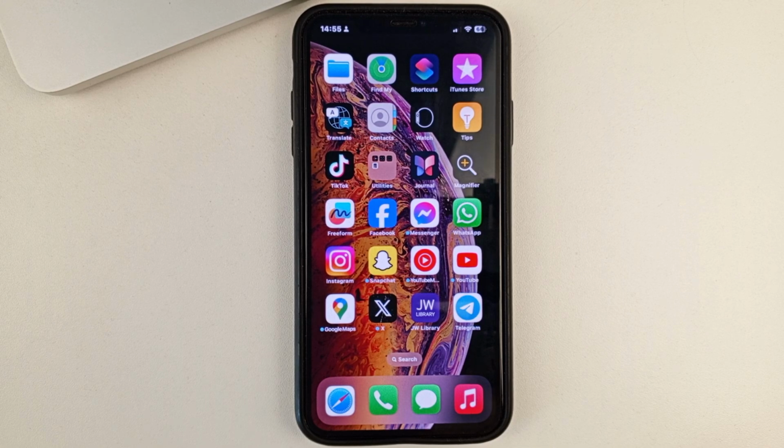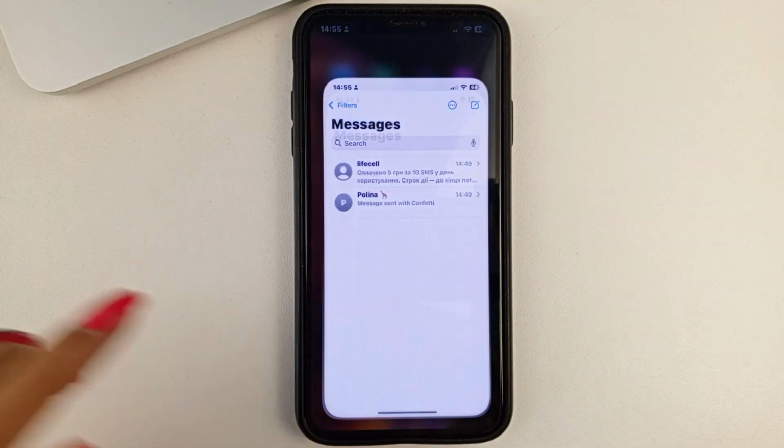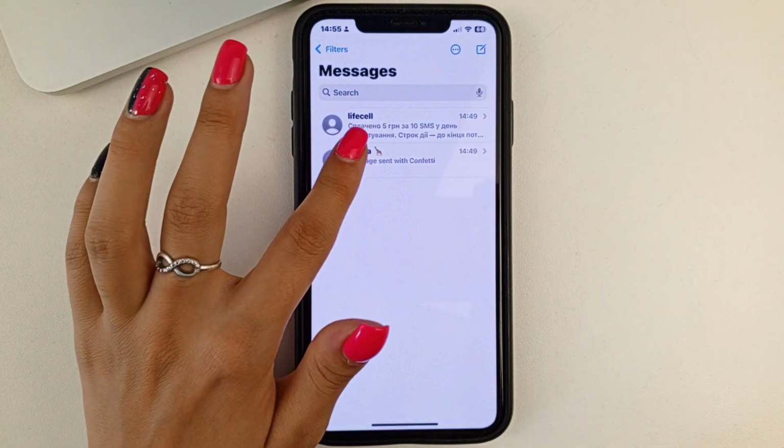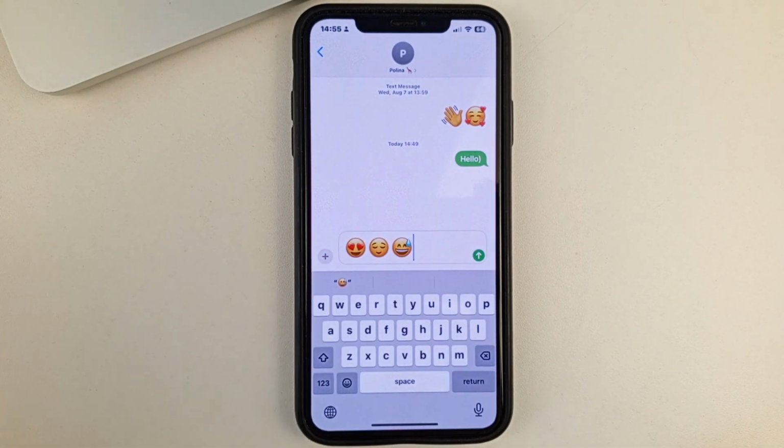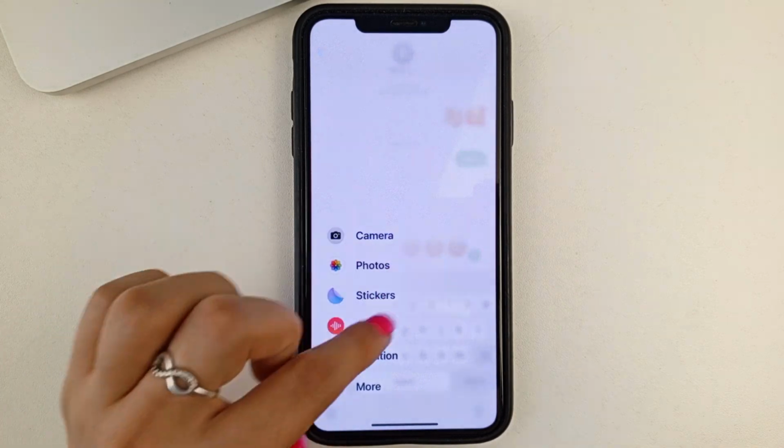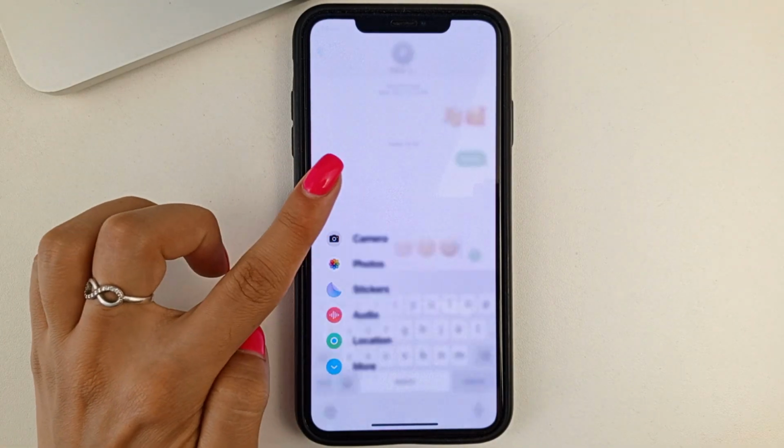So dear friends, let us get down to the topic. First, you will need, of course, to open the messaging app itself on your iPhone. Next, navigate to the conversation that you want to have. And now your message bar. You can either host some emoji, like in my case, you can host some text. You can also add stickers as needed.